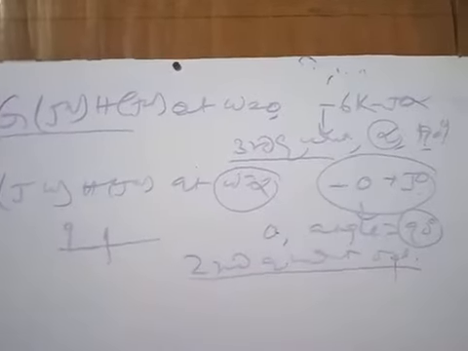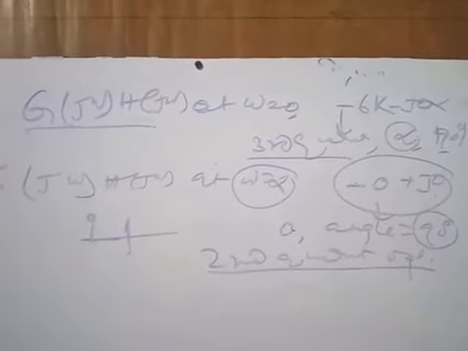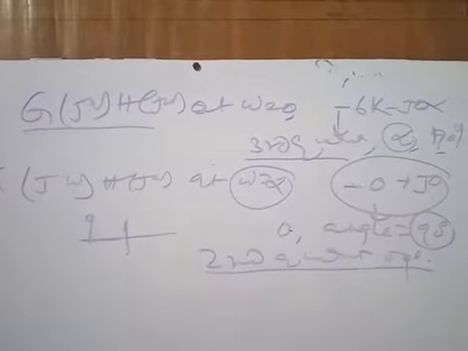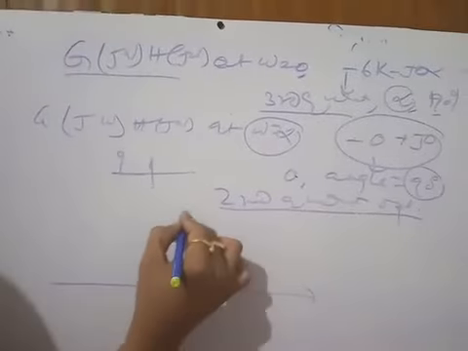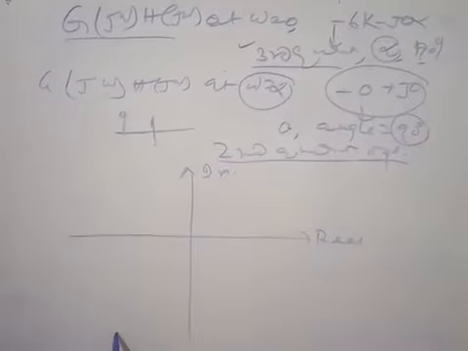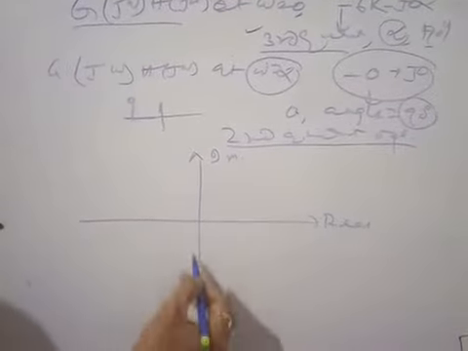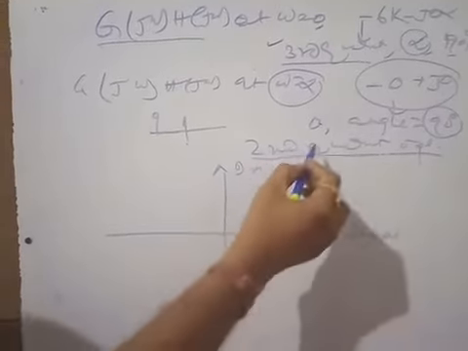Now you get the two values of magnitude and phase at different frequencies, omega equal to 0 and omega equal to infinity. So this is your polar plot. The polar plot starts in the third quadrant at infinity with 90 degree, that means parallel to this 90 degree line. So this will start from here, and the ending is in the second quadrant.